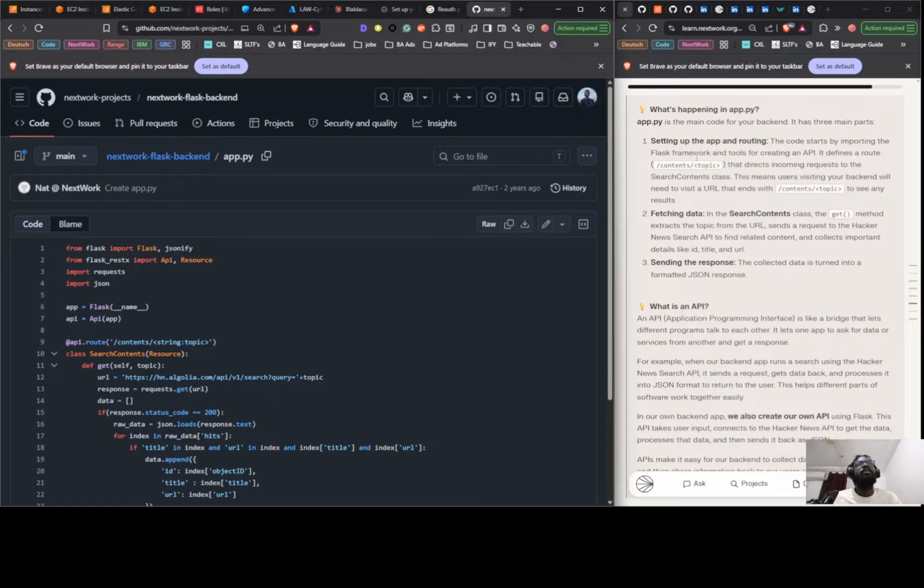It starts by importing the Flask framework and tools for creating an API. It defines the route, which is /content topics. Where is that? Oh, there it is. So this part, okay, that directs requests to the contents class. This means users visiting the backend will need to visit a URL that ends with /content